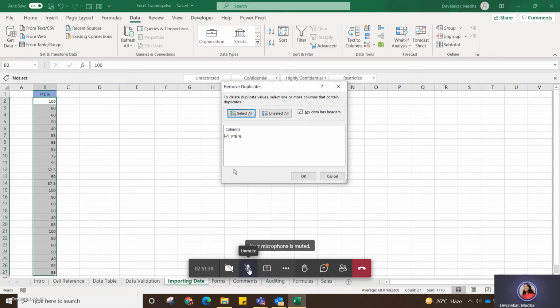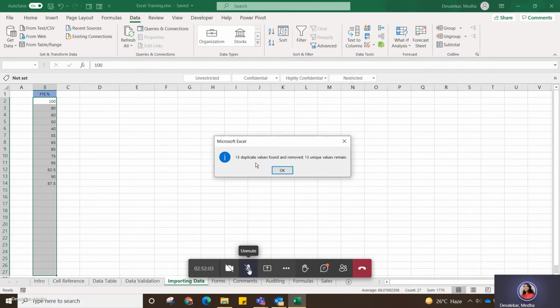Select all or unselect and choose only whatever is required. Then there is one option for whether you have column headers or not. My data has a header in row 1, so I choose this, and once I click OK, it will remove whatever is duplicated in this column.